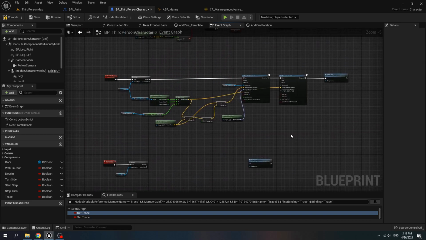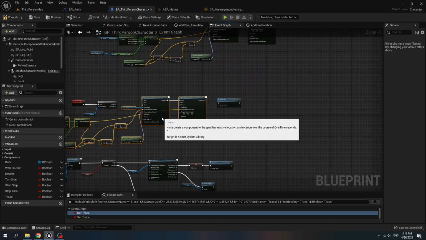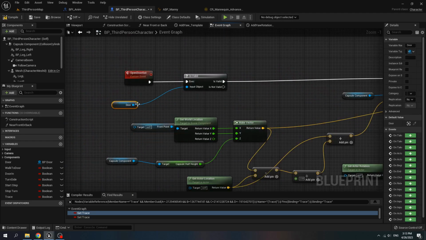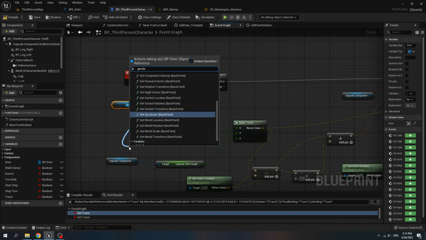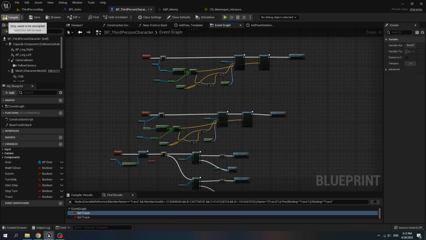and copy this move to component. Next is valid to move and complete to check turn. For the door, get back point, connect to get world location. And now we play test.